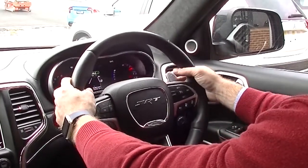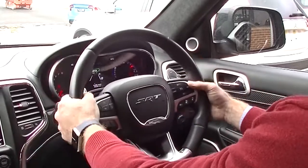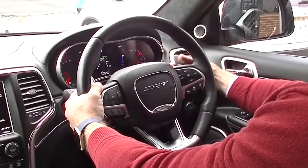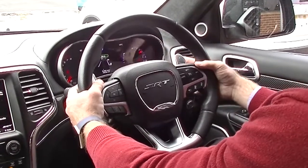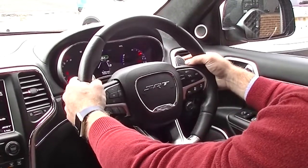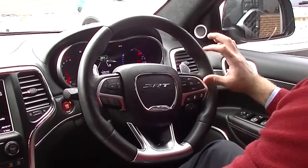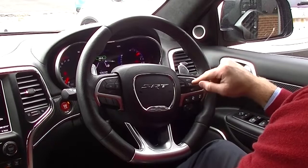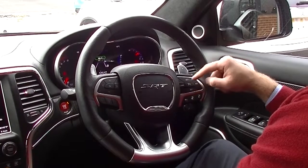Really nice paddle shifters. The other Jeeps have paddle shifters, and the Grand Cherokees do, but they're a little more plastic feel. These are a real nice metal feel, heavy, good quality in the SRT for the paddle shifters. On this side you do have your cruise control, so of course turn it on, set, accelerate or decelerate,